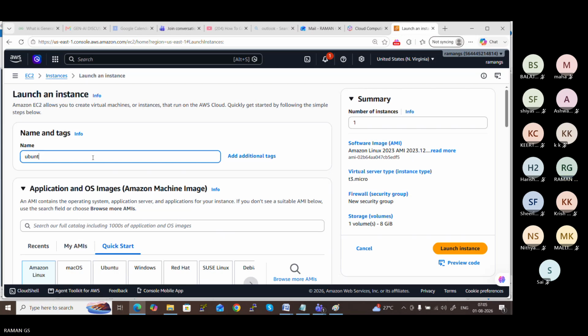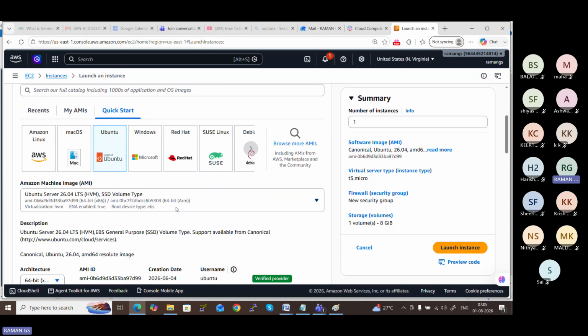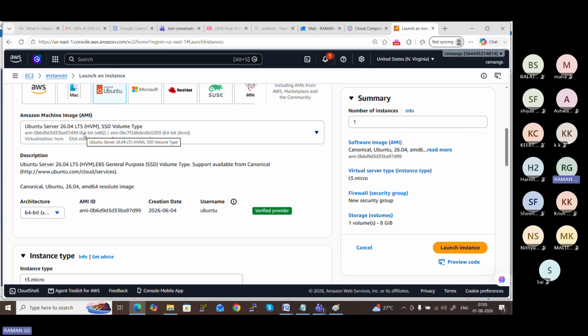Ubuntu EBS, since we are going to discuss EBS with this instance, and select Ubuntu. You can select any OS, but I am familiar with Ubuntu 24. So I am selecting Ubuntu 24. If it is 26, okay, it's not a problem.